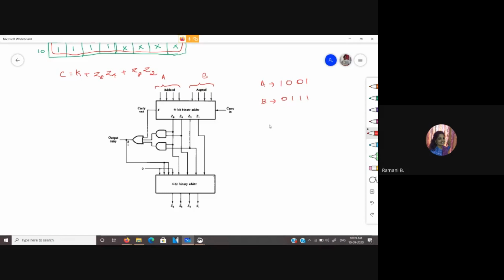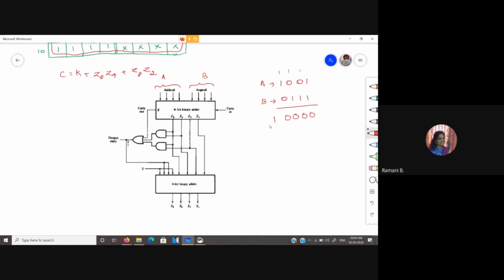So the actual binary sum for this will be 1 plus 1 is 0, a carry 1, then 1 plus 1 is 0, a carry 1, then 1 plus 1 is 0 and carry 1, 1 plus 1 is 0 and I get the output carry to be 1.